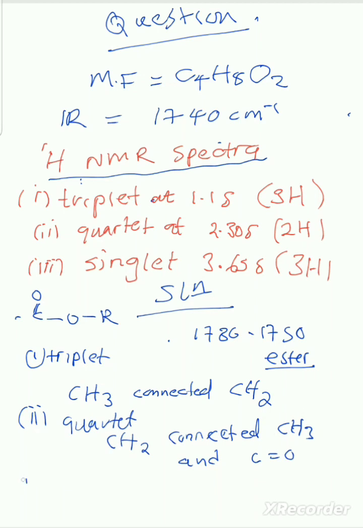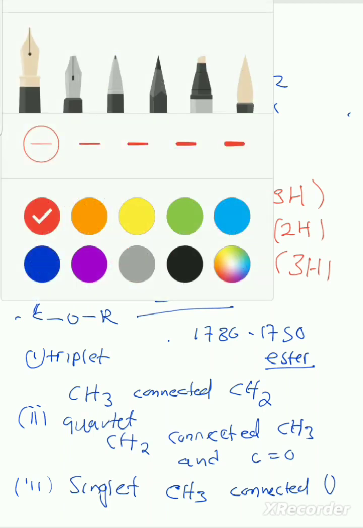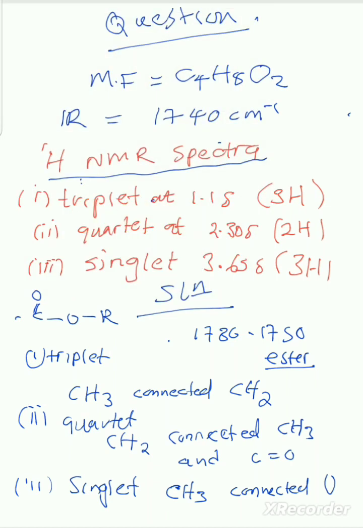Then the last one is a singlet. Singlet means it is connected to the one which doesn't have hydrogen. So here it is connected to the carbon, or any atom which does not have hydrogen. Because of this 3H here, it is CH3, connected to what? Connected to O. How? Remember we said, let me just change the color. We said something like,